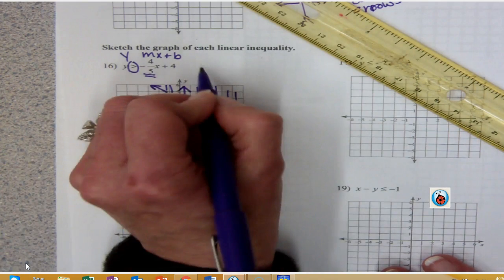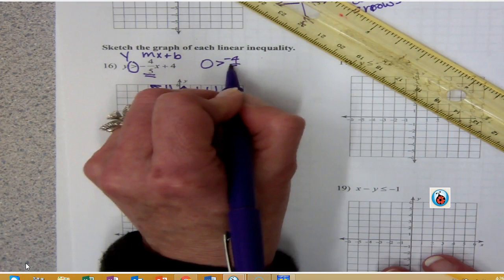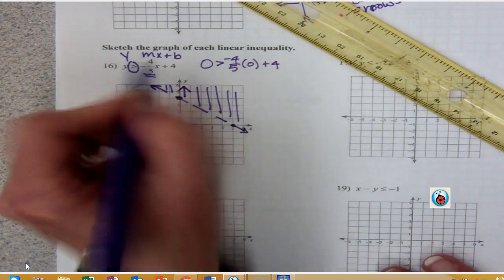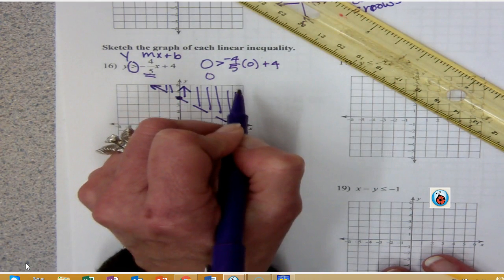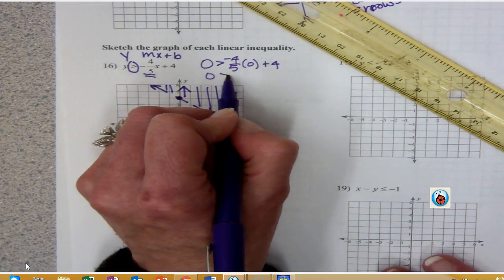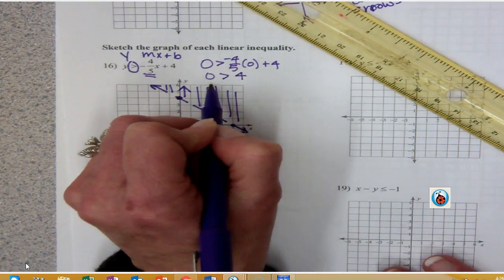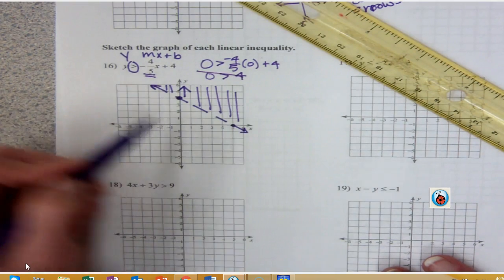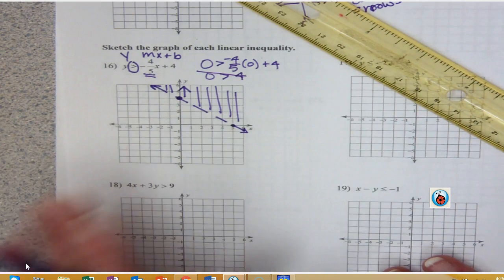So let's try that. If I said 0 greater than negative 4 over 5 times 0 plus 4. Well, I know 0 times negative 4 fifths is 0. So plus 4. Is 0 greater than 4? No, it's not. So that area should not be shaded in. That is a way for me to check my answer. Okay,